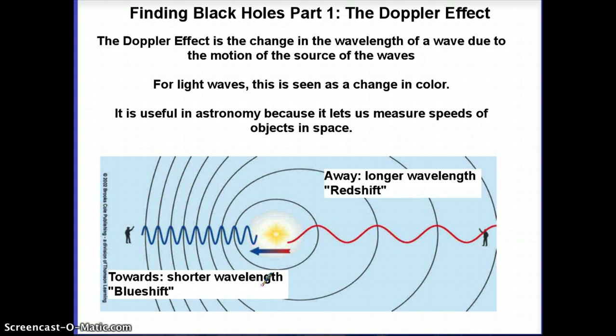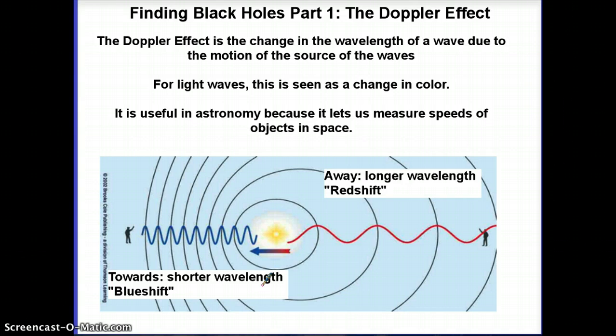Basically, what we're going to do if we want to find a black hole is look for stuff that's falling into one, because the stuff that's falling into one does give off light. And until it has crossed the event horizon, we can still see it. So we need to find stuff that's falling in, see how fast it's moving, and then maybe figure out something about the escape velocity. And if the escape velocity is bigger than the speed of light, well, we've got a black hole.